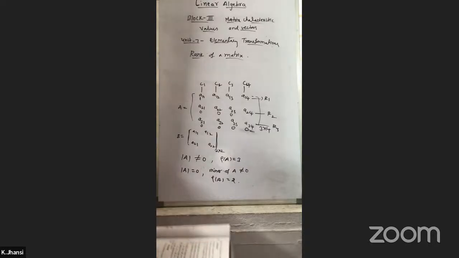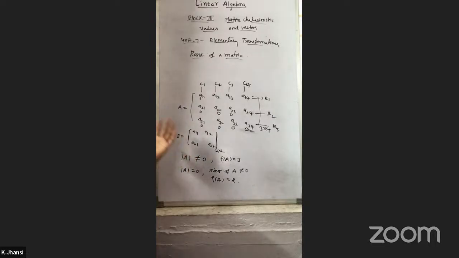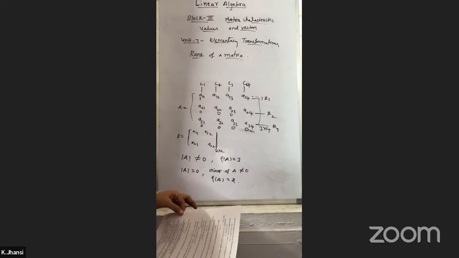Whatever the rank of the matrix is, it will be the same whether you do row transformations or column transformations. So two cases are taken. First, if you interchange a pair of rows or columns, it will not change the rank. And the second one is, if you